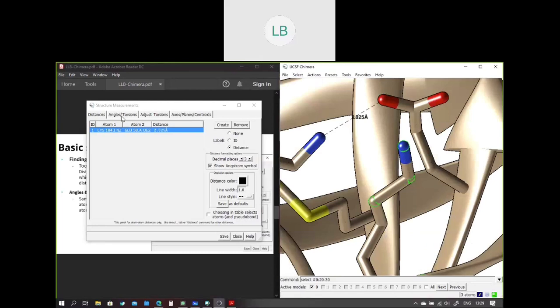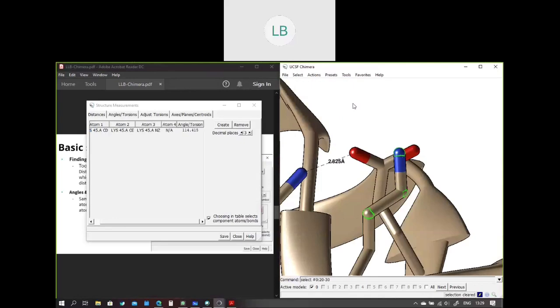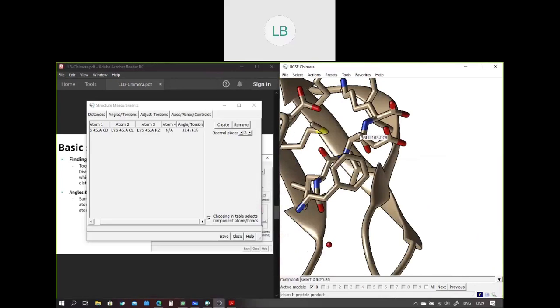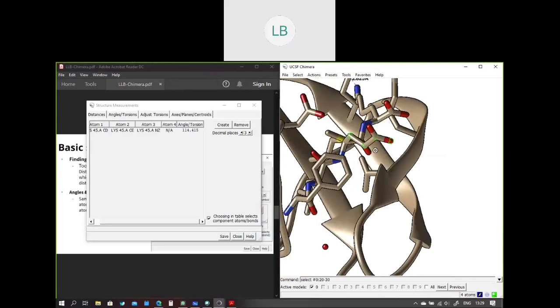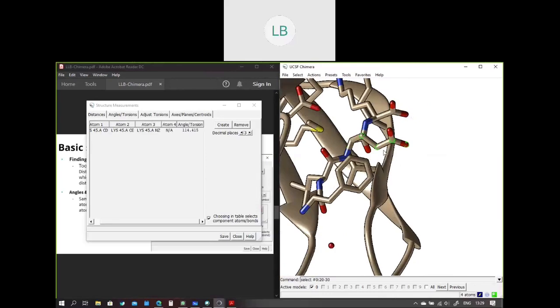So now it shows the angle between these three residues. It's 114 degrees in the case of these residues. You can do the same thing for torsion as well. So I can choose four particular atoms. Let's say I'm choosing these particular four atoms. I'll use glutamate 103, control shift select 2, 3, 4. So now I've chosen the four atoms. I want to measure the torsion angle for these atoms. So I press create again.